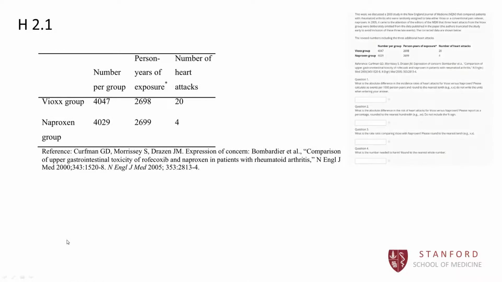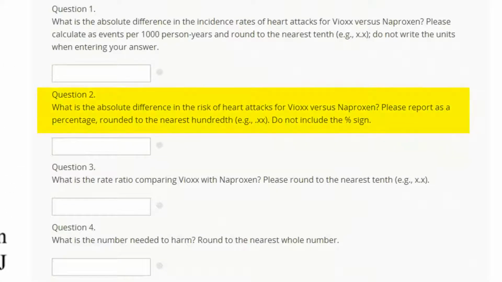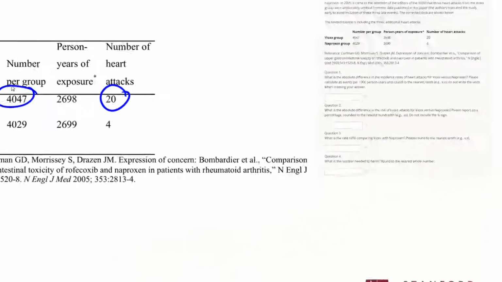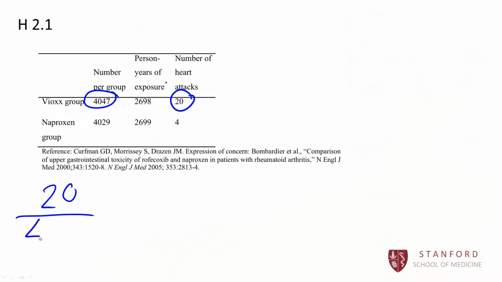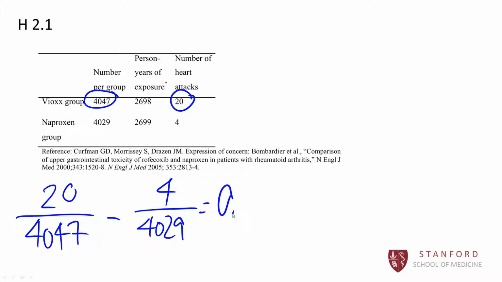Moving on to the second part of this question. The second part asks us about the absolute difference in the risk of heart attacks for Vioxx versus naproxen, represented as a percentage. So to calculate this, and this actually might be more straightforward than the first part, I'm just going to take the number of heart attacks and divide that by the number of people in each group. Okay, so I'm going to do 20 over 4,047 minus 4 over 4,029 to get about 0.0039, which gives us